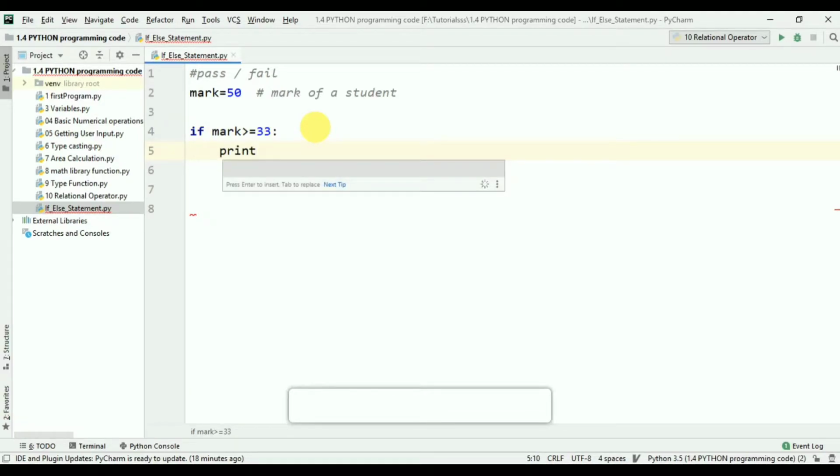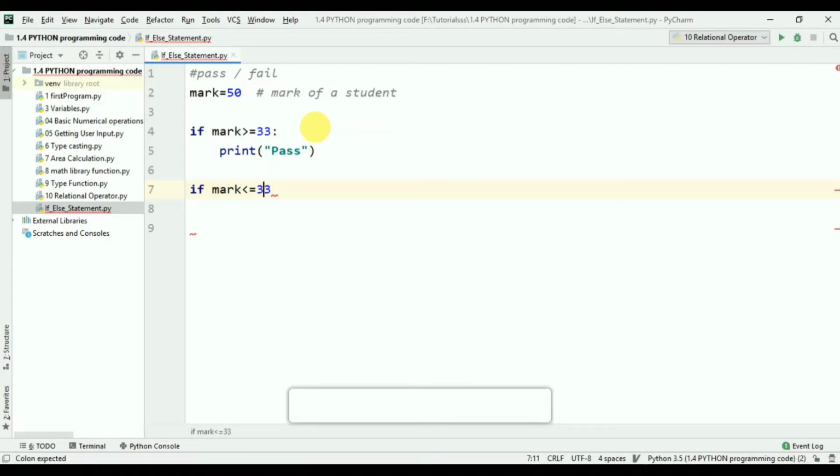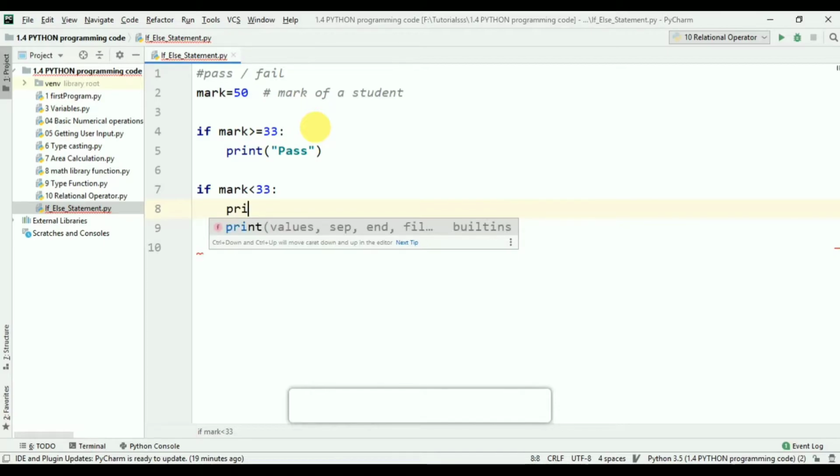Then it will print the student is pass, or shortly we can type pass here. So when the mark is greater than 33, it will print pass. Here I have already taken another if statement, where mark is less than equal 33, then it will print fail, like this, print fail.